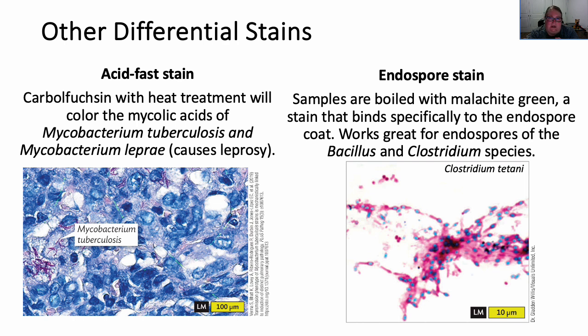Okay, so this is going to use carbol fuchsin, and we're going to heat treat it to get the dye to get into the cell walls of these bacteria. Now, the acid-fast stain is used for things that have mycolic acid in them. So these are a lot of our mycobacteria, mycobacterium, mycolic acid. Kind of see the difference here. Okay, so this is what we'd use to